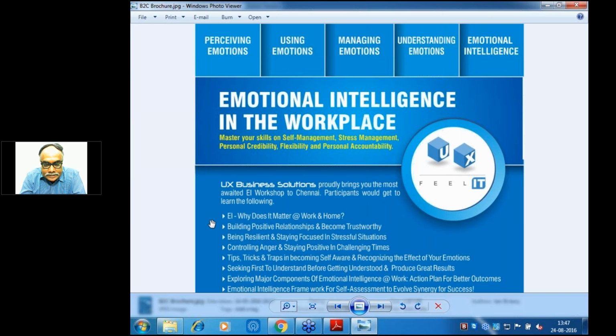What I'm trying to say is, yes, emotionally intelligent people will be the best in handling their work situations. But how far you are practicing it is important, because practice makes men as well as women perfect. If you're not practicing, then only attending a workshop will never help you. So those who want to attend the workshop, I would advise, be prepared to practice it also, because you're not going to change others. You're going to change yourself first, because be the change that you want to become.